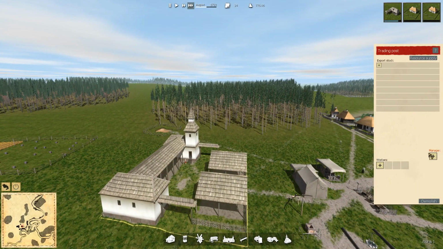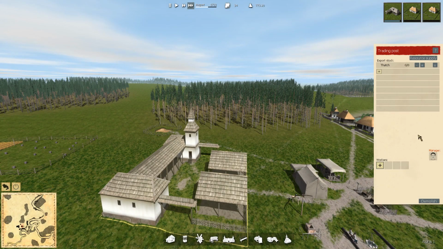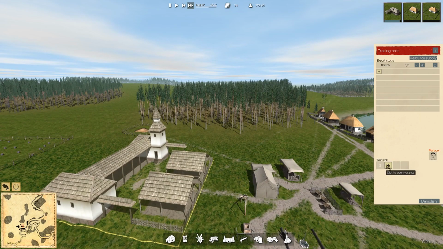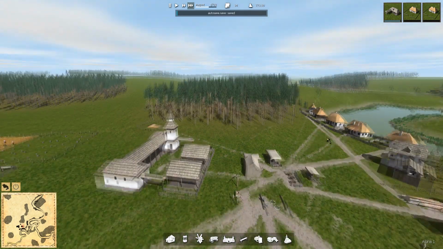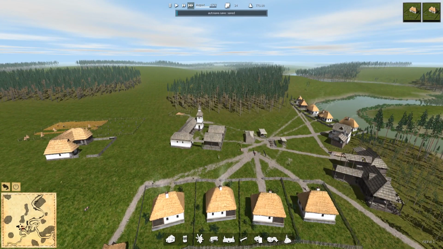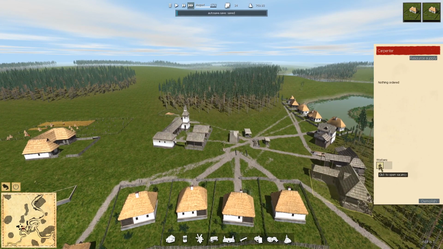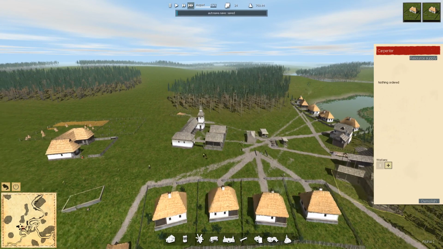Trading post. Right, let's just hire a manager. Let's export. What should we export? Maybe I should export thatch. Let's put a couple of workers in here, so we can actually see what starts happening, what we're allowed to do. Right, that's the foresters, that's the carpenters. Let's assign a worker there, because...